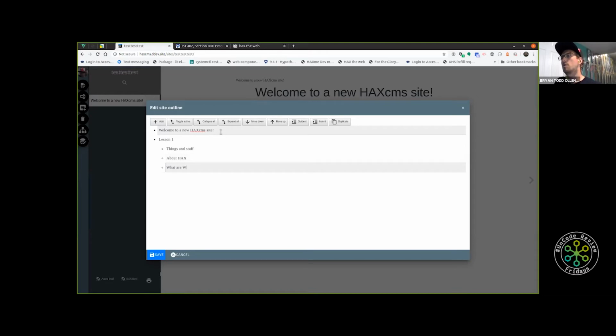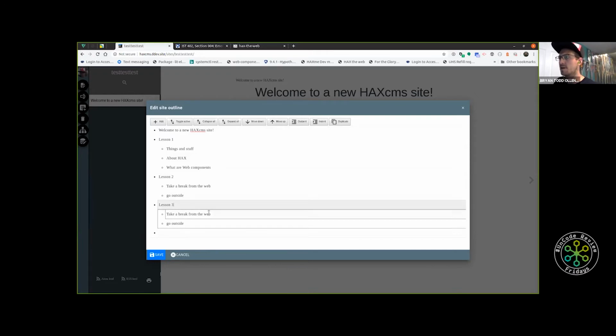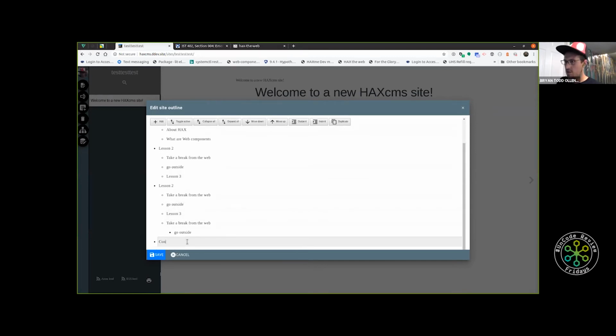What are web components? Lesson 2, take a break from the web, go outside, right? I might have a whole bunch of material here. I might be able to duplicate this and rename that to lesson 3, so I can outline stuff quite rapidly, and then it actually will replicate that whole structure. Conclusions,